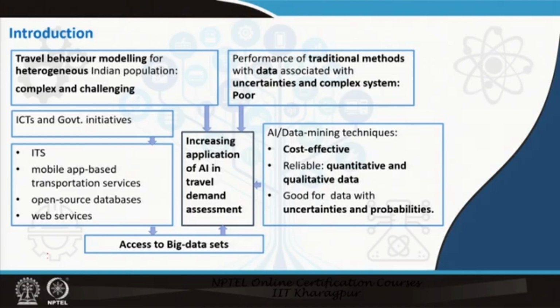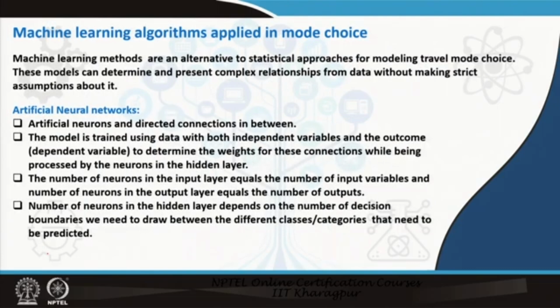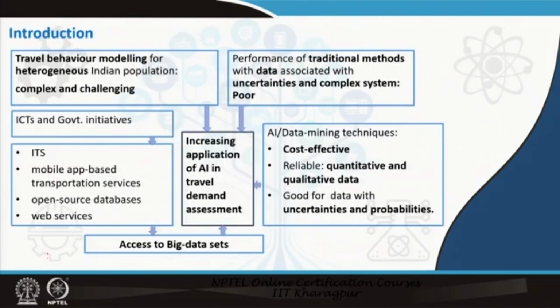Basically, in our last lecture we ended with activity based models, where we discussed that one of the popular models, Albatross, uses decision trees to determine the different choices or the different steps in the model. So, any kind of choices could be modeled through decision trees. In this particular lecture we will be focusing on mode choice.